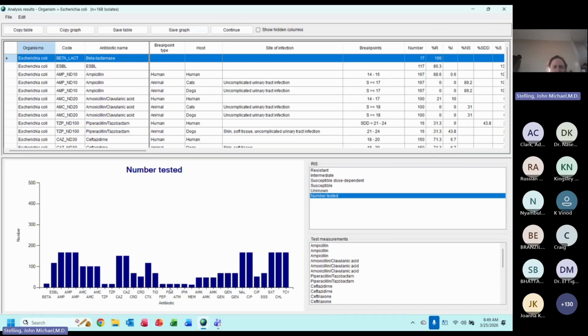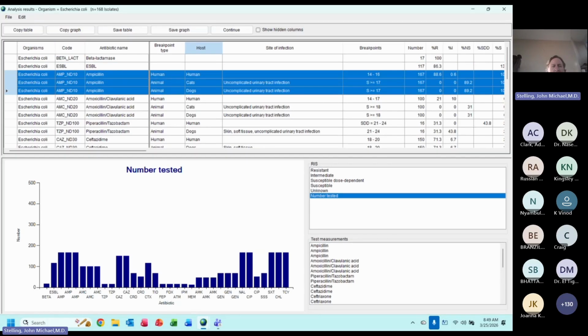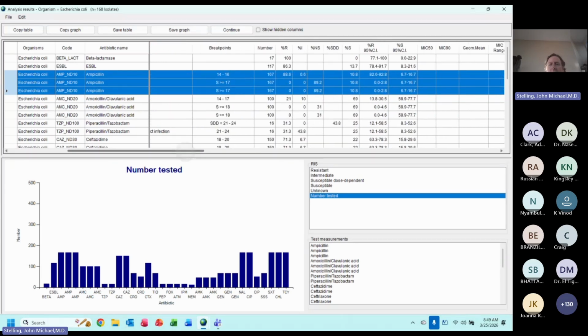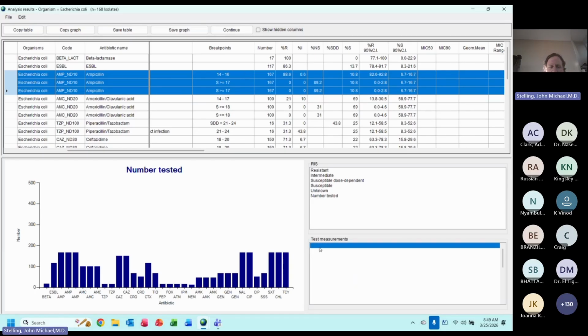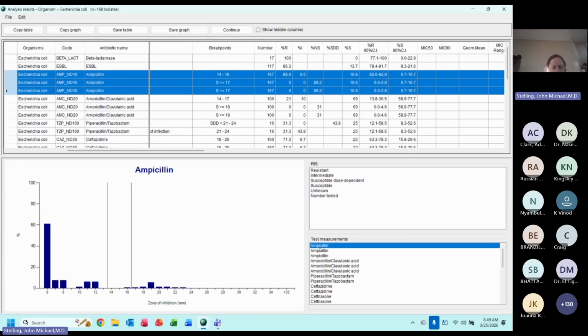Okay, why is ampicillin there 3 times? And you see why in the table. It's once there with the human, cat, and dog breakpoints, and ECOFFs optionally. So you can also have the ECOFFs here. And if I come over here, you can see that, yeah, E. coli is mostly resistant. So if I look at the human breakpoint, so this is,